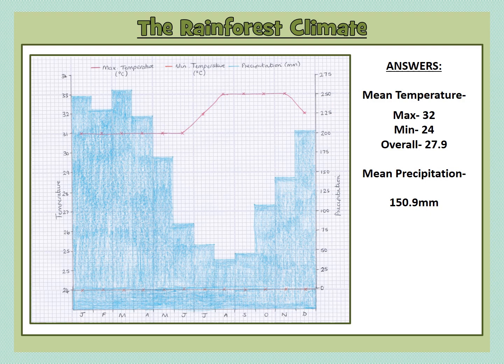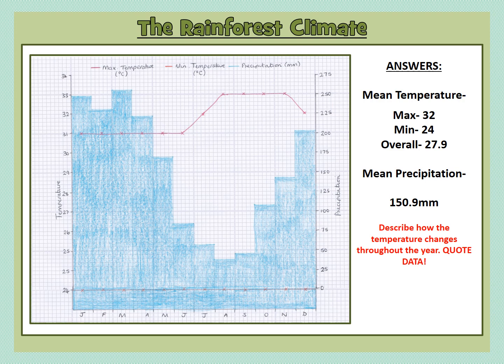That is a fair amount of precipitation compared to somewhere like the UK. Even though we think we get a lot of rain, we don't get anywhere near as much as places like the tropical rainforest. The other 2 questions that you had were to describe how the temperature changes throughout the year